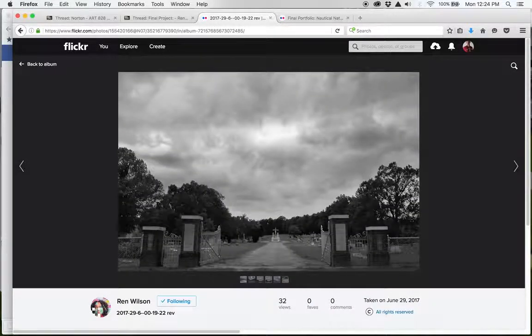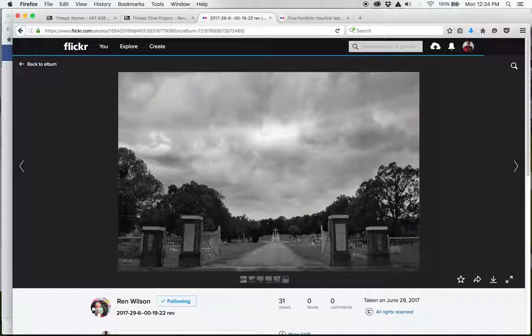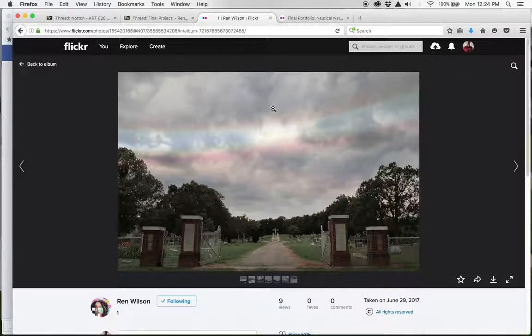We have a slight variation here, and I think either one of these can work. And I'm not sure which one I prefer. Here we have these sort of arbitrary-ish colors that streak through the sky and create this very strong line. And here it just becomes a sort of value transition and a bit more subtle. Either could work. I'm kind of leaning towards the color one. That becomes something interesting.